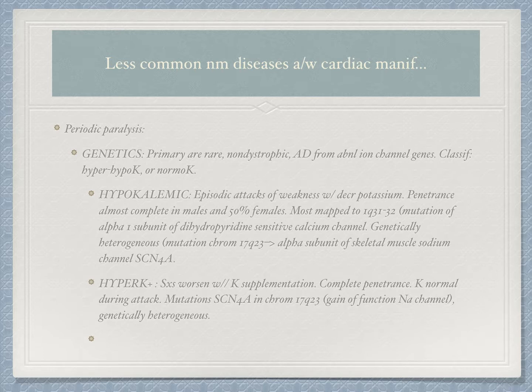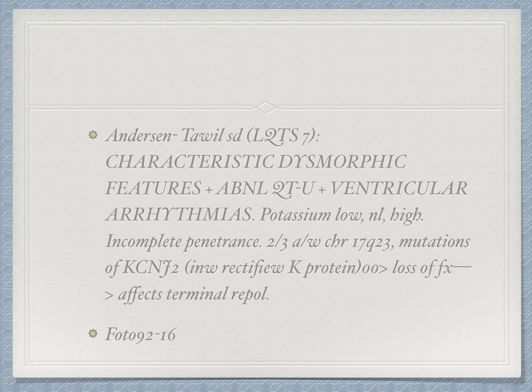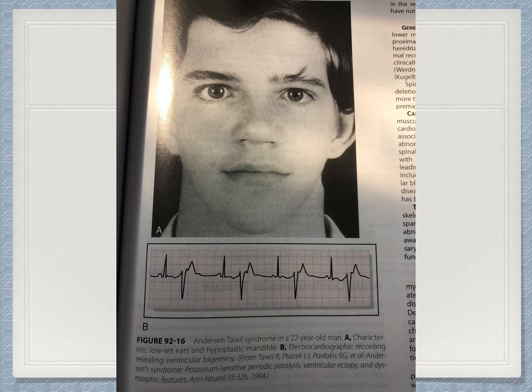This is autosomal dominant. That's why it is probably called familial periodic paralysis. Since it's familial, think of an inheritance pattern that may affect all the family. So one of these different diseases is Andersen-Tawil. I will show you a picture of him. It is long QT syndrome type 7, and it is a triad of characteristic dysmorphic features, abnormal QT, and ventricular arrhythmias. Here you can see him: low set ears and